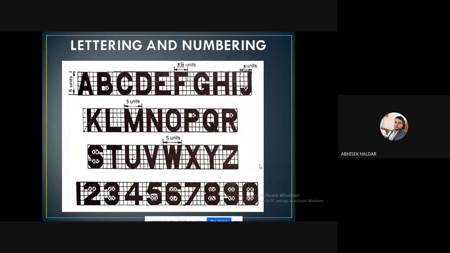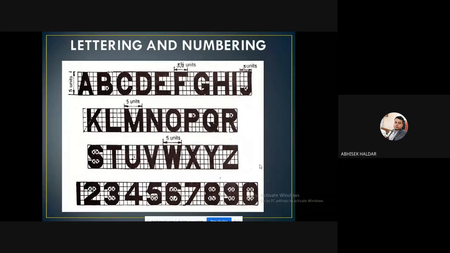the drawing sheet. First and foremost, whatever you write in the drawing sheet or in the sketchbook, as of now you are using a sketchbook, write it in capital letters. I repeat, write it in capital letters, no small letters, no lowercase is allowed. Always try to write in caps.